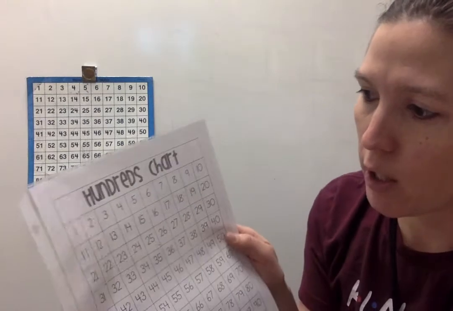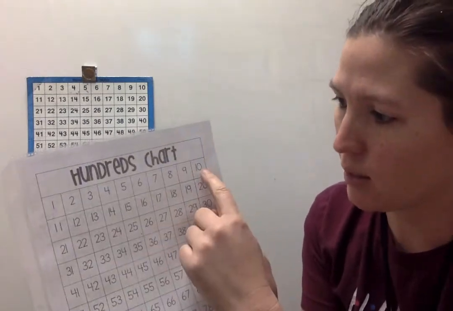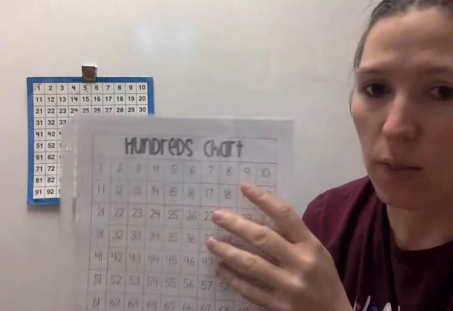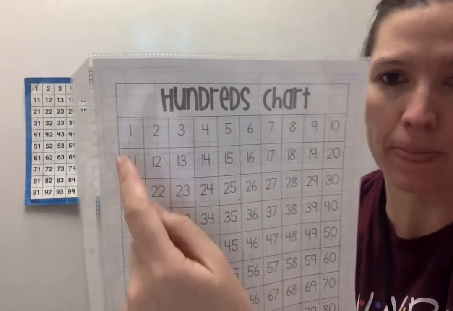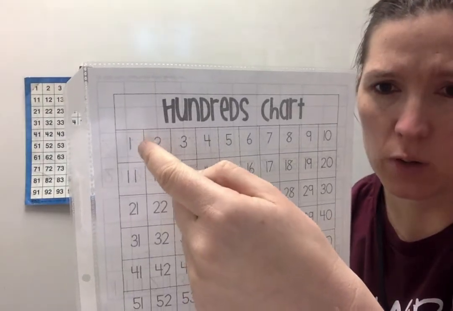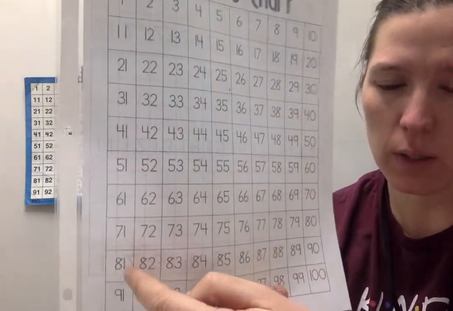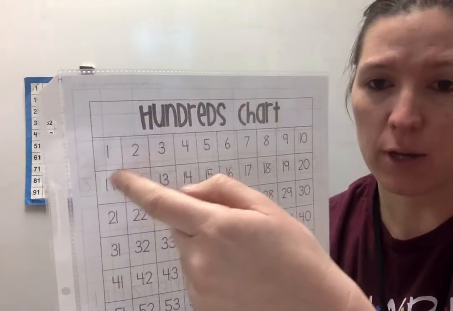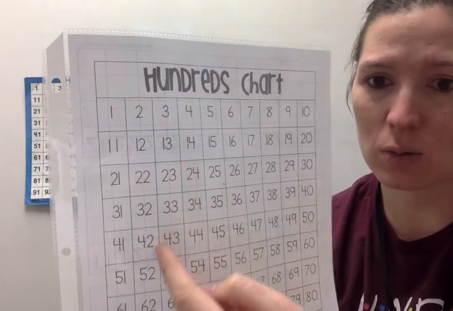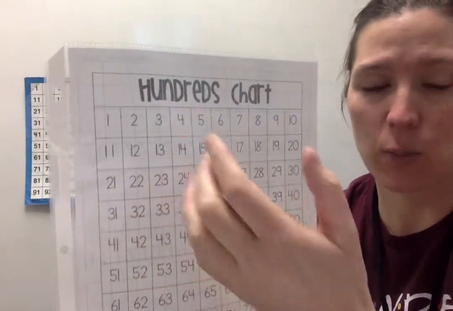On the hundreds chart, it begins with the number 1, and it goes to 10, and then it has 11, and it goes to 20, and so on. The pattern I want you to notice, at each column here, there's a 1, a 1, a 1, a 1, a 1, a 1, a 1, a 1, a 1, a 1. In this column here, 2. Guess what's going to be in every number going down? 2, 2, 2, 2, 2. 3, same thing. 3, 3, 3, 3, 3. So the pattern of these